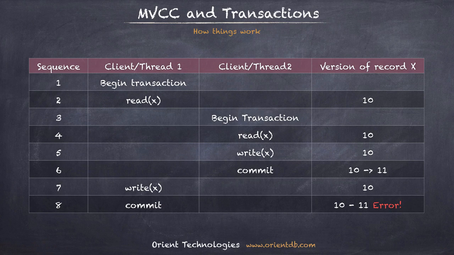The commit stage at Step 6 is where the new version of the record is recorded and incremented up to 11. Client 1 still is in the process of a transaction and writes the X record at version 10 in Step 7. When Client 1 tries to commit the change in Step 8, because the version number is behind the current version number,